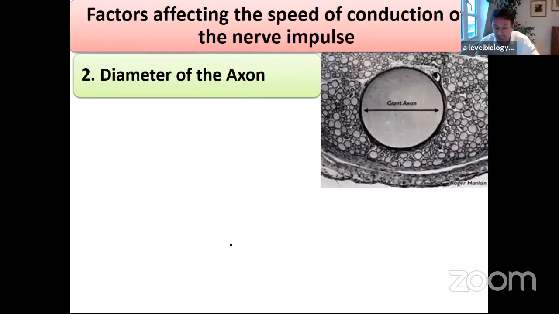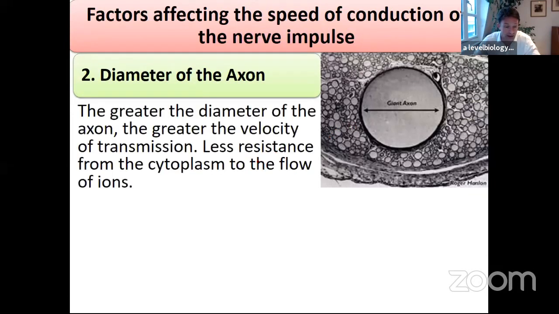Diameter of the axon is something that tends to confuse students. The point is that this is a surface area to volume ratio. When you've got smaller axons, you have proportionately more edge to the axon than if you have a larger diameter axon. That creates more resistance. So if you have small tubes, you have greater resistance because you have proportionally more edge to the tube. Whereas if you have a big fat axon, you've got proportionately less edge, so you have less resistance to the